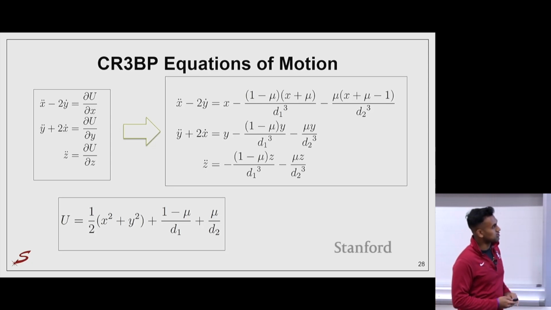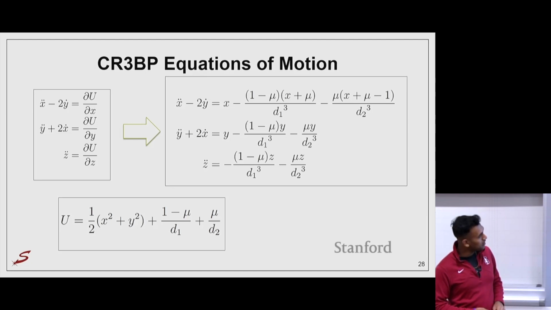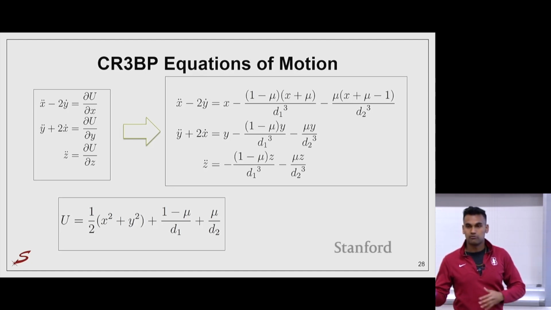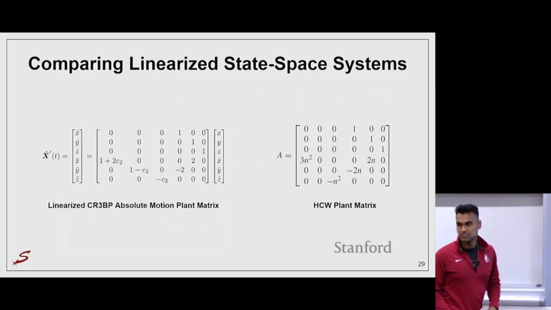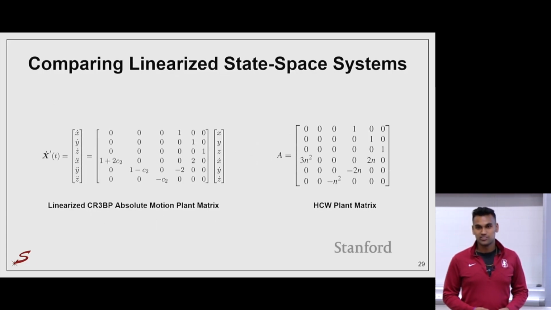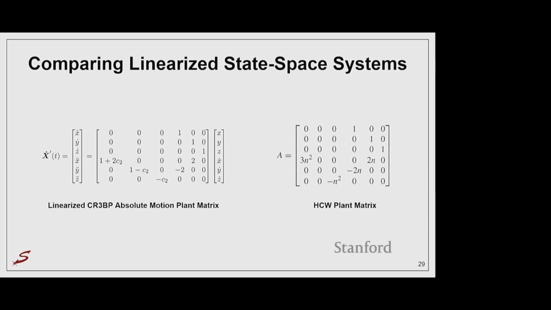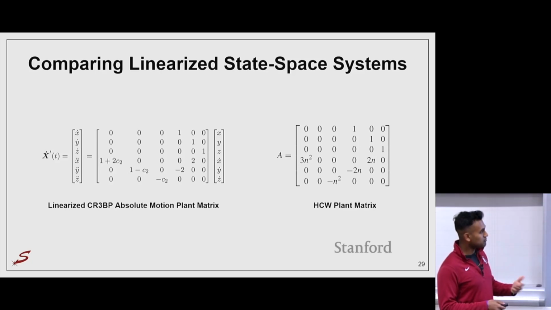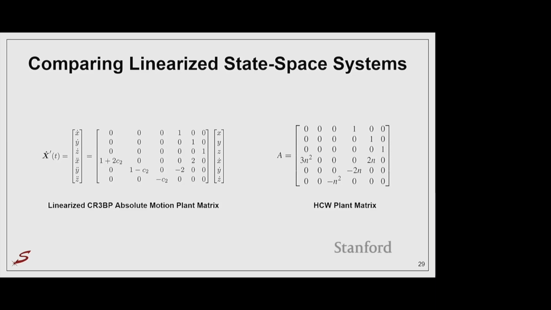But just so you understand what we're working with here, which will become more relevant later when we get into linearizing these equations of motion in various forms. So, as Professor D'Amico spoiled, you can see that there's actually a comparison to be made between the state space systems in the CR3BP that we just saw and the two-body relative motion. So we have the Hill-Clohessy-Wiltshire plant matrix here,